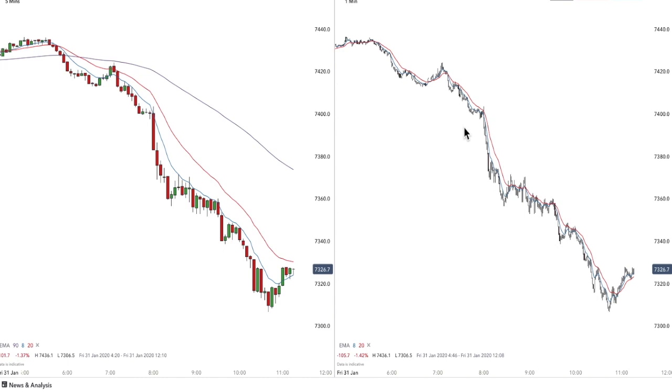And as you will know, I use these EMAs as confluence, and I look for chart patterns wherever they occur to take trades. So double tops, double bottoms. And in a downtrend, I'm not looking to take trades up, I'm looking to take trades down. I'm looking to short the market in a downtrend, and I'm using double tops, micro double tops like this one here,